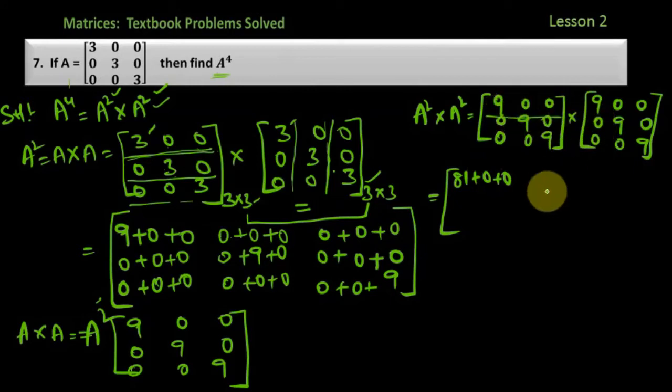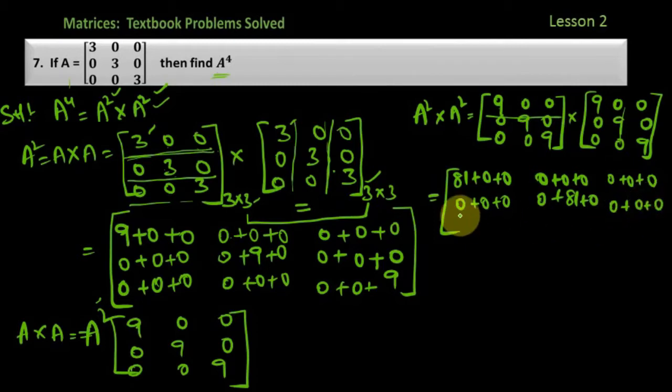Second, same, to get the second element, fix this first row and we should multiply with this second column. So again you get 0 plus 0 plus 0, right? 0 nines are 0, 0 times are 0, 0 0 0. Third, 0 plus 0 plus 0. Similarly, 0 plus 0 plus 0. Here if you observe, second column, second was this 0 plus 9 nines are 81 plus 0. And the third one also you get all zeros, right?